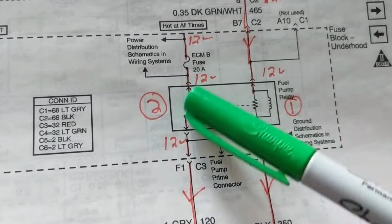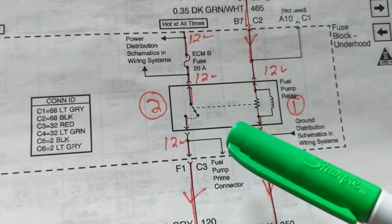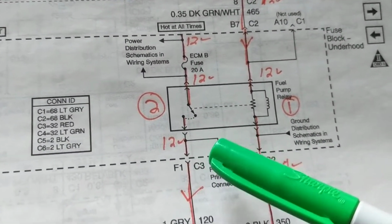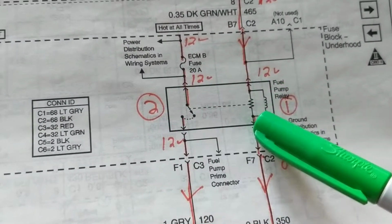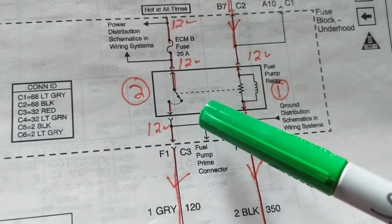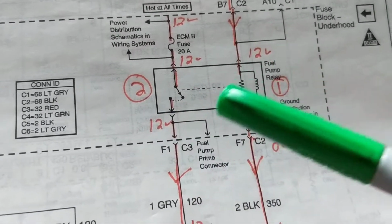Where's the best point to go? Again, I think you know how I operate and my thinking. Where's the best point to go to see if everything works? I always go over here, as you know me. There was a connector at a time the way you can actually go over here and see if there's 12